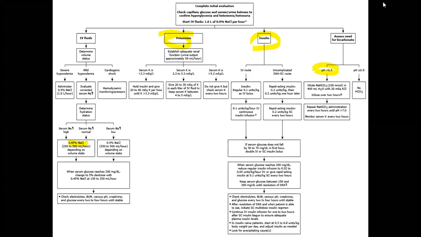Fluid should come first. Fluid and potassium assessment is the first thing, the first priority in the management. Then after that, you consider insulin. Then depending on the response, we can adjust, increase the dose. Then when the glucose level is less than like 200, we can reduce the rate of infusion, then continue until the DKA is resolved. When the patient is conscious and the patient's condition is restored, that is when you consider the subcutaneous route of administration of insulin.